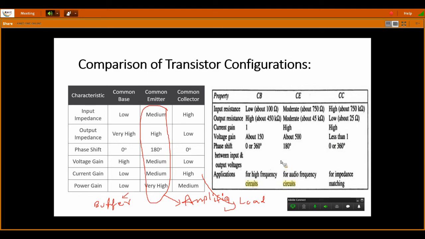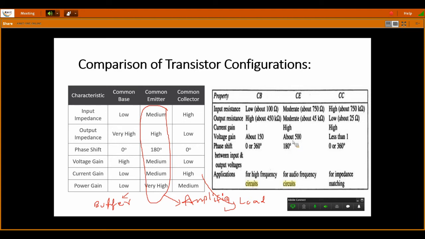So next, the phase shift between input and output of common base is 0 degrees, or we could write that as 2 pi radians or 360 degrees. In common emitter we have an out of phase output, because my output is not in phase with the input, it has a 180 degrees phase shift. For a positive cycle of input, you will get the negative cycle of output, and for the negative cycle of input, you will get the positive cycle of output at the common emitter amplifier.